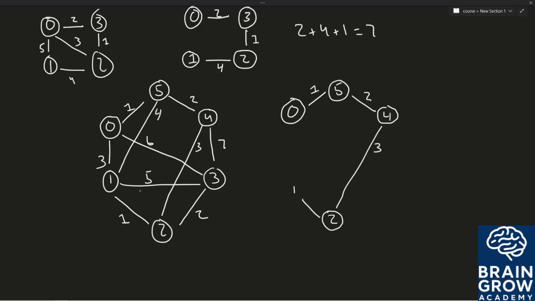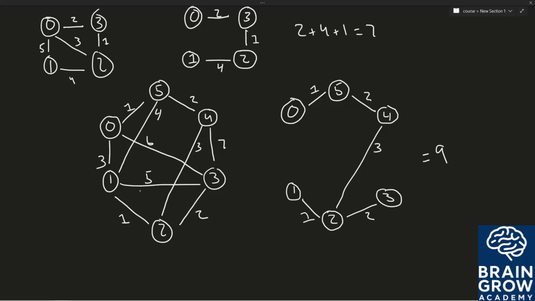So we will go to 1, and from 2 we can also go to 3 where we have a weight of 2. So here the weight of our minimum spanning tree is going to be equal to 9. And we see that we are connected entirely. We have no cycles,